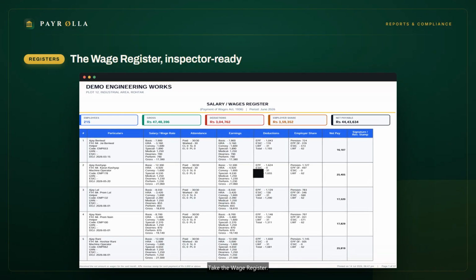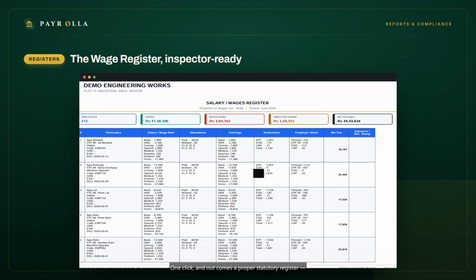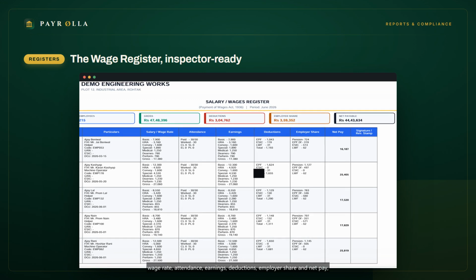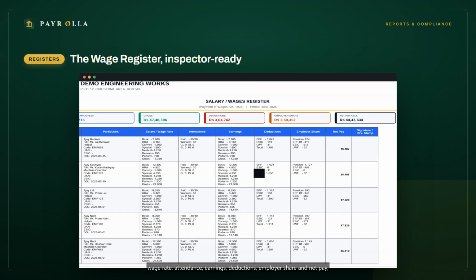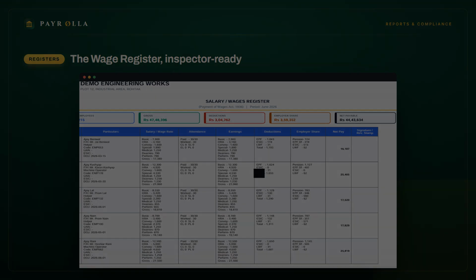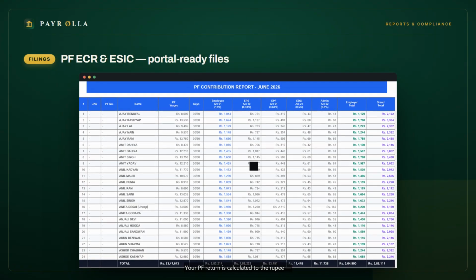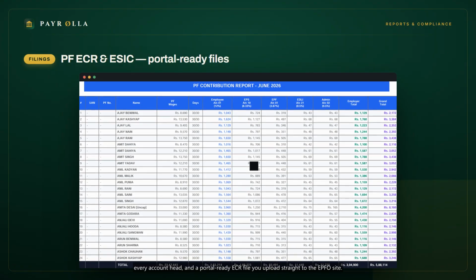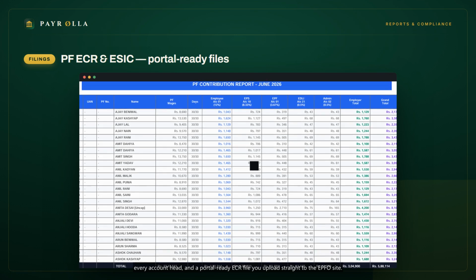Take the wage register. One click and out comes a proper statutory register. Wage rate, attendance, earnings, deductions, employer share, and net pay for every employee in the exact format an inspector expects. Your PF return is calculated to the rupee, every account head, and a portal-ready ECR file you upload straight to the EPFO site. ESIC is the same, a contribution sheet and an upload file, ready as is for the ESIC